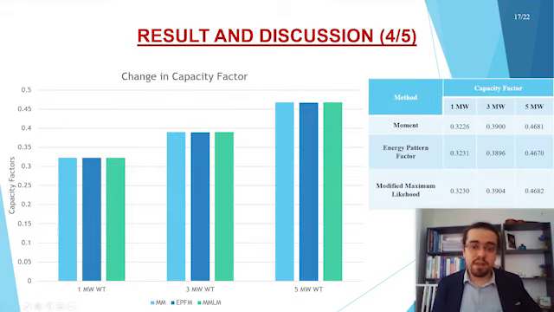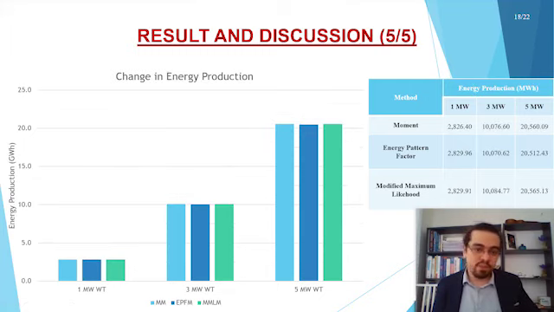When we calculate the capacity factor by putting these results in their place, we have obtained results around 0.32 for the 1 megawatt turbine, around 0.39 for the 3 megawatt turbine, and 0.46 for the 5 megawatt turbine. As can be seen here, the 5 megawatt turbine gave the highest result. It has been observed that the 1 megawatt turbine can produce around 2,800 megawatt hours, the 3 megawatt turbine around 10,000 megawatt hours, and the 5 megawatt turbine around